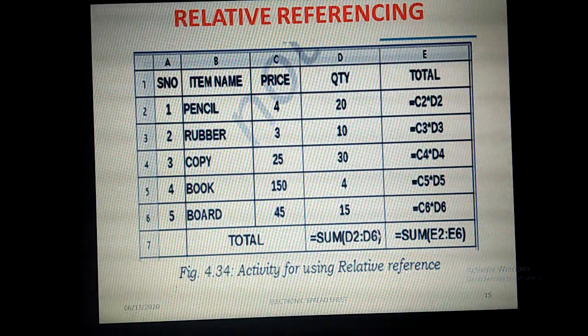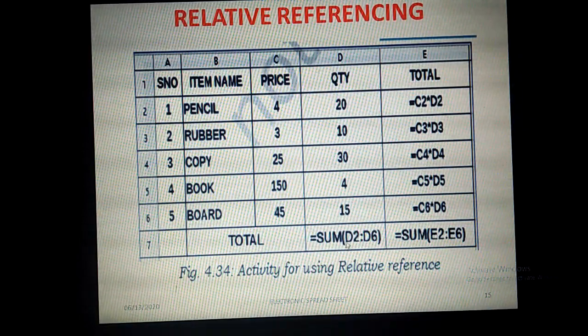In the same way, horizontally when you are copying the formula to the other cell, the same formula, sum of D2 colon D6, is copied here. But if you consider horizontally, if you are copying the formulas or functions from one cell to another cell, only the column letter is going to be changed, that is, the next column letter is displayed in the next cell.